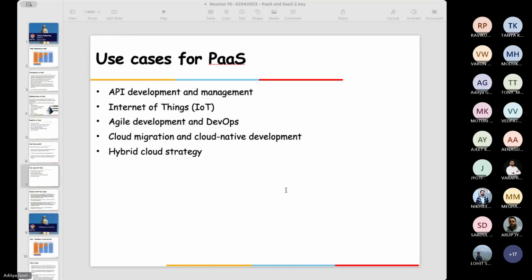Now, of course, suppose your application was built and developed earlier in .NET, say some 4.x framework. When you move your .NET application to Azure platform as a service, or maybe to AWS platform as a service, then sometimes some of the platform services may not support all the features. In that case, you might have to refactor your application. I'm talking about the older versions, guys. Please don't confuse. But if you're using the latest versions of .NET, imagine you're using .NET 6